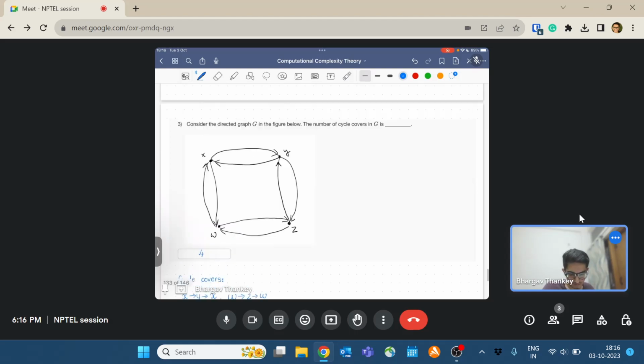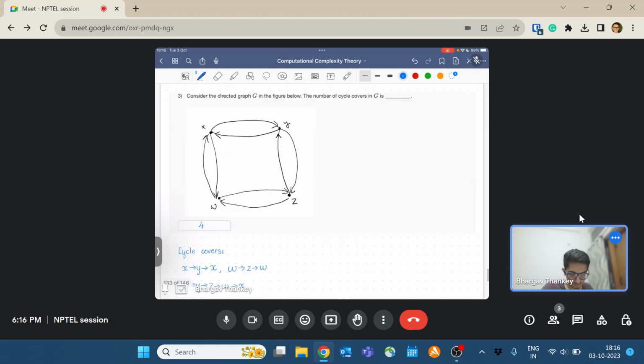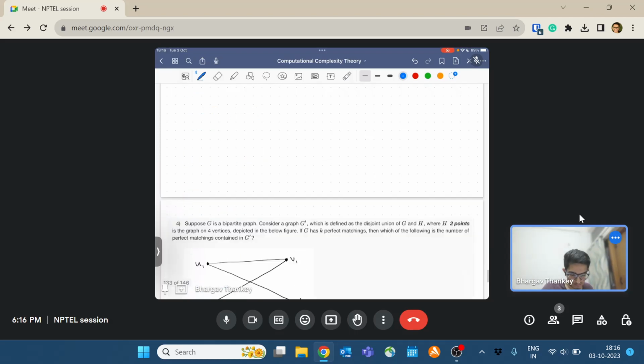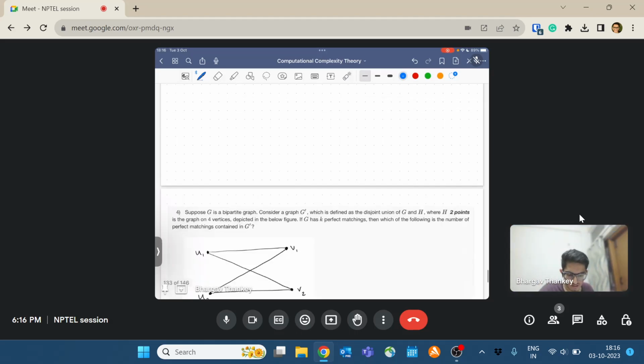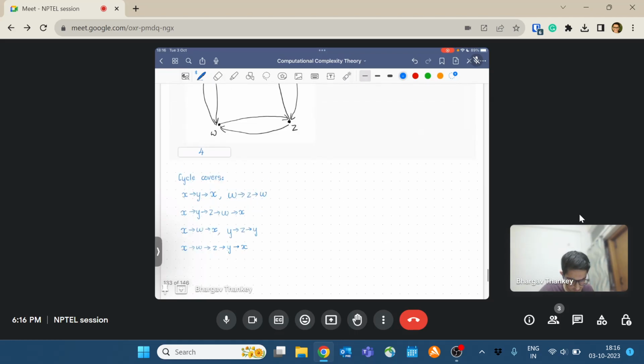So is this fine? Okay, so let's move on to the next problem. But we did 6 times, right? The cycles we went over, and then the answer is four. Oh yeah, yeah. Okay, so the cycle cover